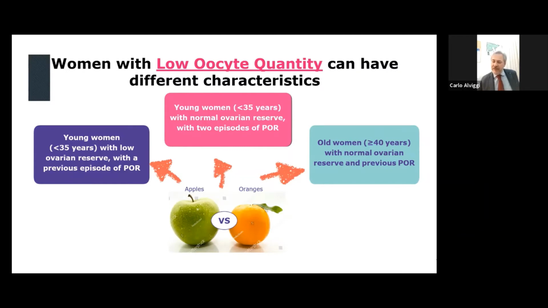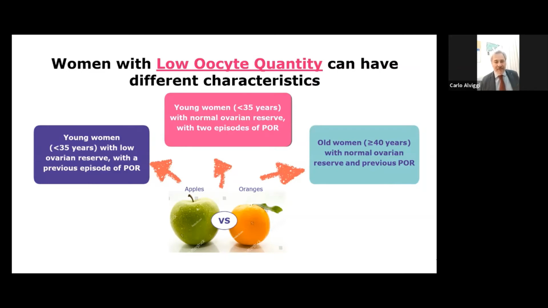They are both consistent with the Bologna criteria, but the rate of aneuploidies will be totally different, because the 35-year-old woman, despite low ovarian response in the previous cycle, still has acceptable rates of good quality oocytes. The 42-year-old, even with the same ovarian reserve and the same ovarian response as the other one, will have a 70–80% rate of aneuploidies. So they cannot stay in the same